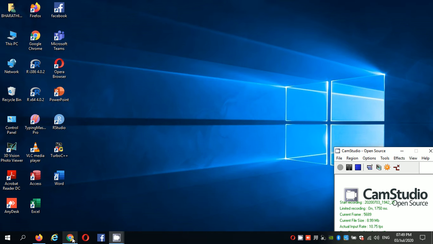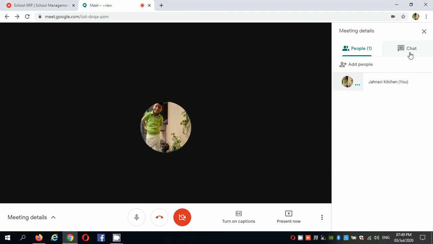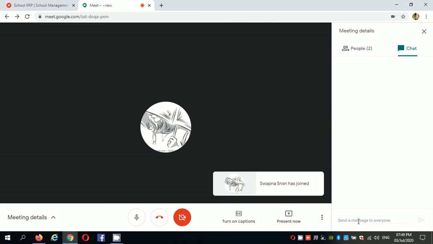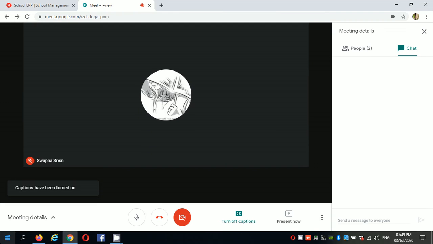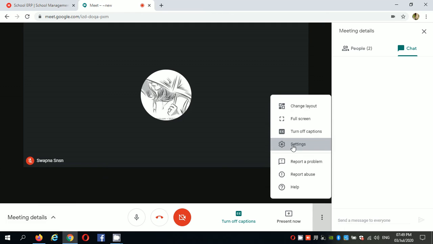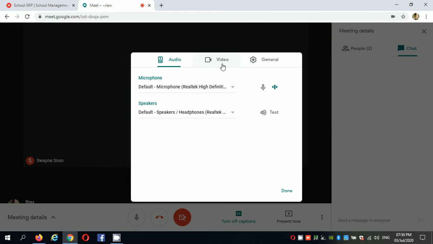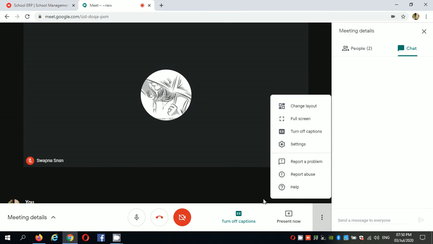So automatically you can share your screen to your participants, and you can also chat with the participants. Here you can see the layout options, and you can turn on captions, and also you can change the settings, the video and audio options. If you have any problem, simply click on report a problem.